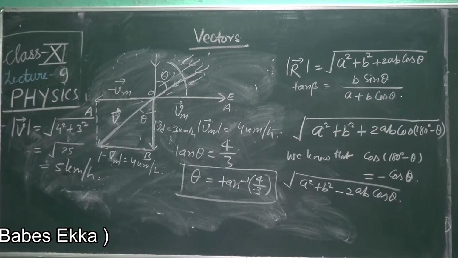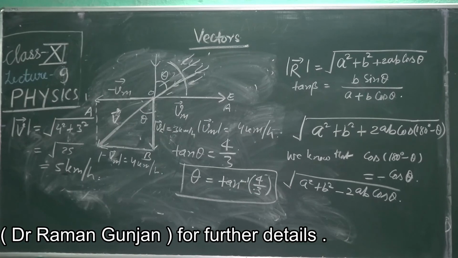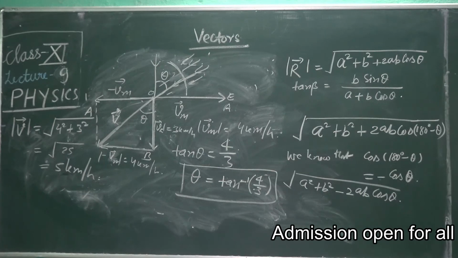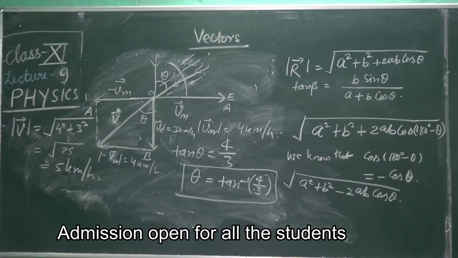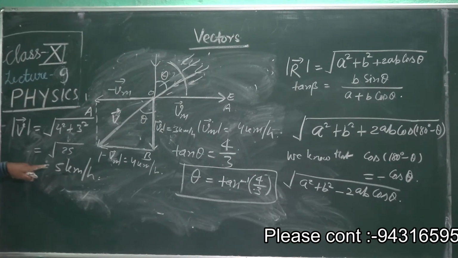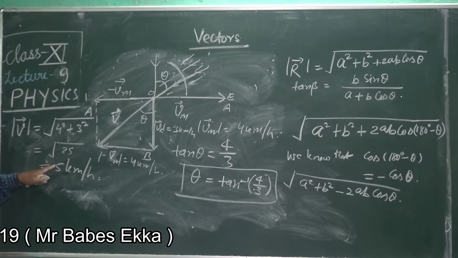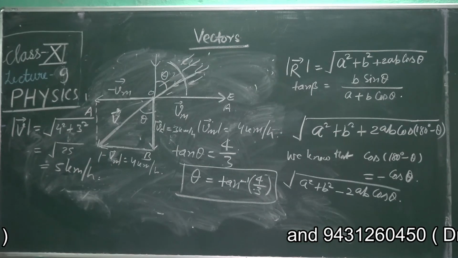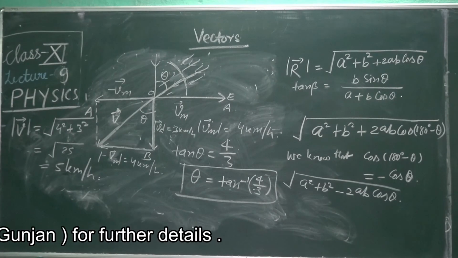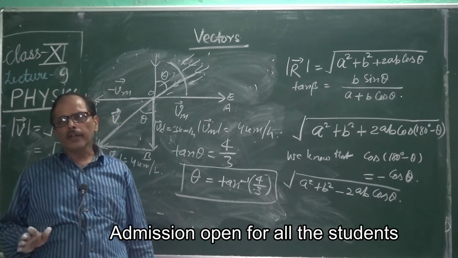The person will experience the rain falling when he is running in a given direction. When rain is falling vertically, its velocity increases with respect to the actual velocity of rain. Here we get 5 kilometer per hour. Okay. We will discuss resolution of vector in the next class. Okay. Thank you.